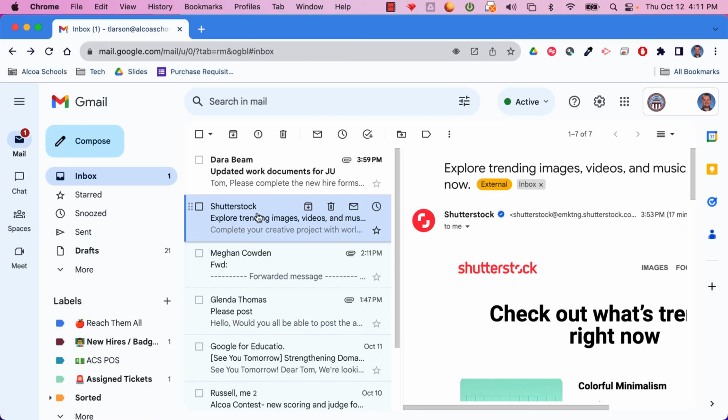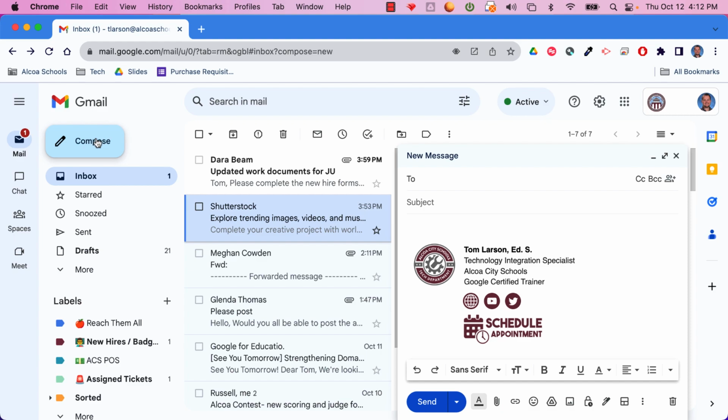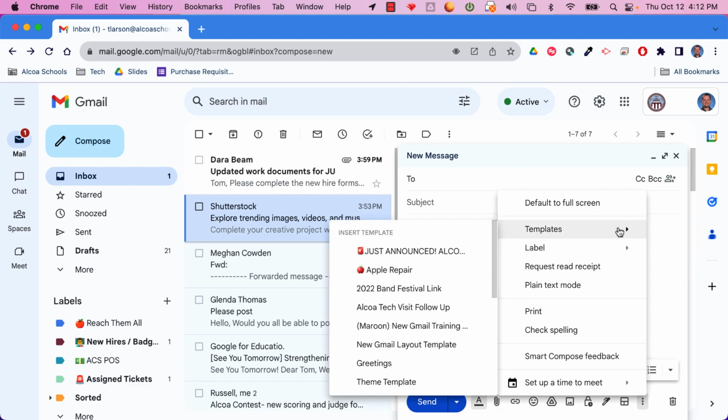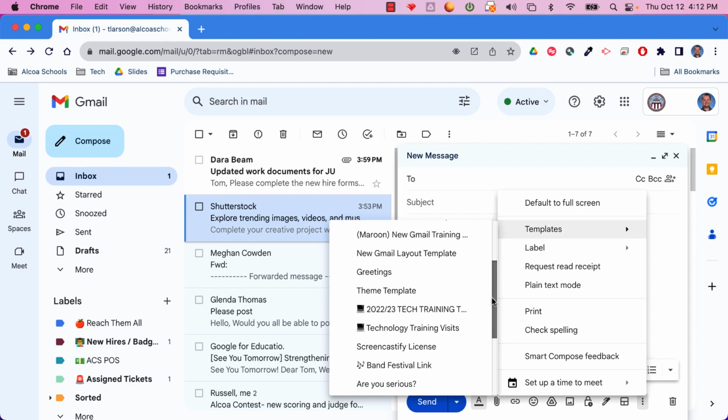All right, so here's what those are going to look like. If you click on Compose, again, we're going to look for our 3 dots where it says More Options. If we click that, you're going to see Templates. I have these templates that I've created already. And if I wanted to call one of these up,